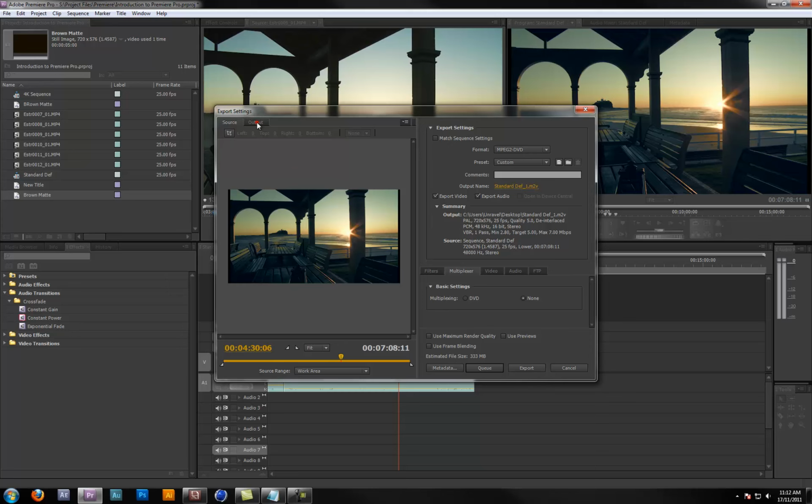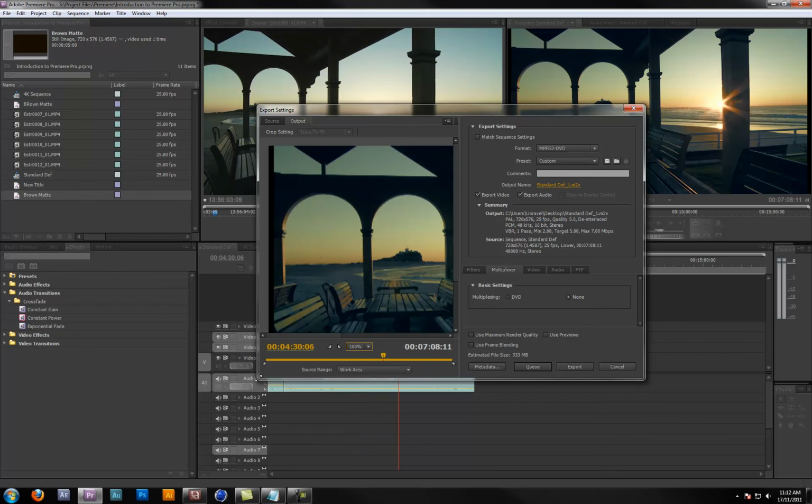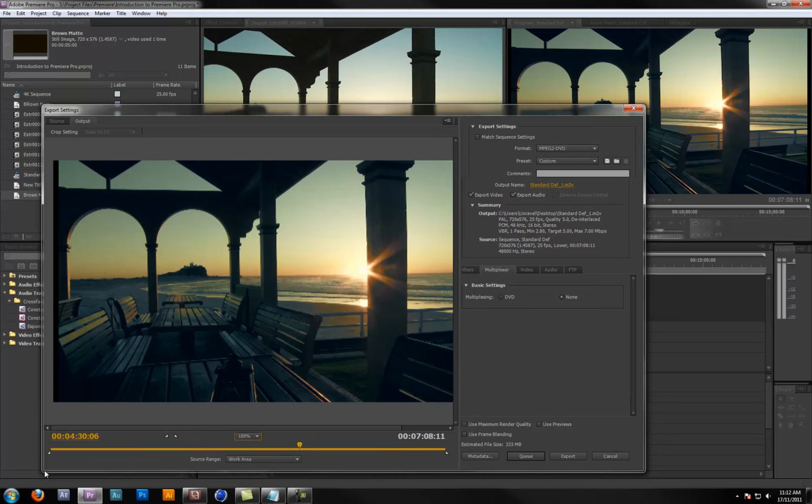Now the output tab up here refers to what your frame's going to look like once it's been exported from Premiere. So it won't show you necessarily what the compression will look like once it's been applied to it, but it will show you what the frame size looks like, and it will also show you the resolution that it's been exported at. So if I go to 100% and zoom this out,